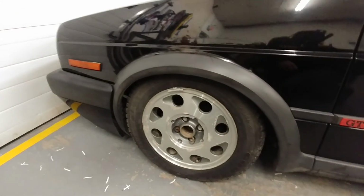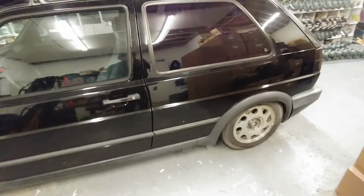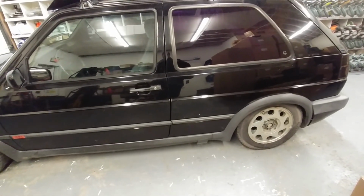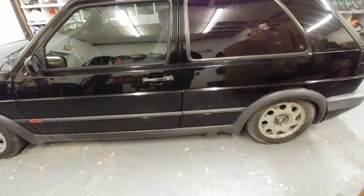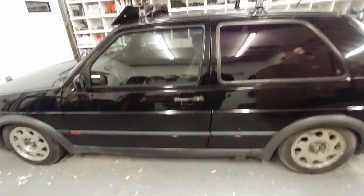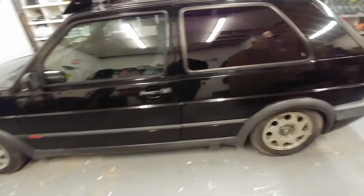But yeah, overall, this is my new addition to my fleet. Basically planning on having it as my daily driver. Pretty much since I was 16, I've always had a Mark II GTI of some sort to drive around. And the first one, it was starting to get a little too rusty. And then I